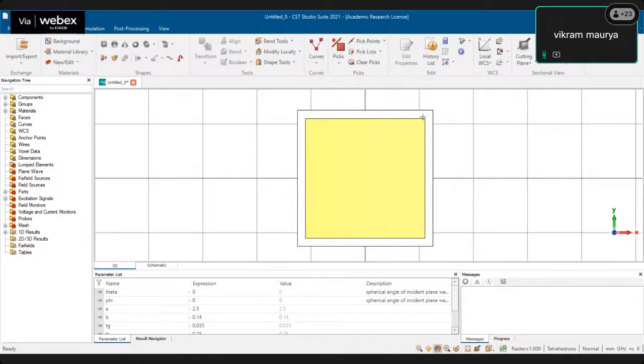So overall this square patch is reduced by 0.4. So the next patch which we are creating is a square patch having a length of 1.8 only, so that the 0.2 gap is there. So again go to brick,